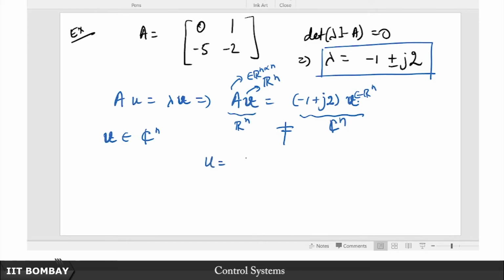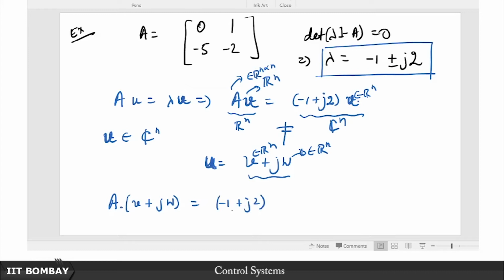So then let me say U is equal to V plus JW, and now you can see that this W comes from an n tuple of real numbers, V also comes from an n tuple of real numbers, and this is a complex vector. That is all that you need. In order to cook up a complex n tuple, you need a real n tuple plus J times another real n tuple, that is it. So therefore, now if you want to solve for the eigenvector of this, you will have to write the equation as A times (V plus JW) is equal to (minus 1 plus J2) times (V plus JW),